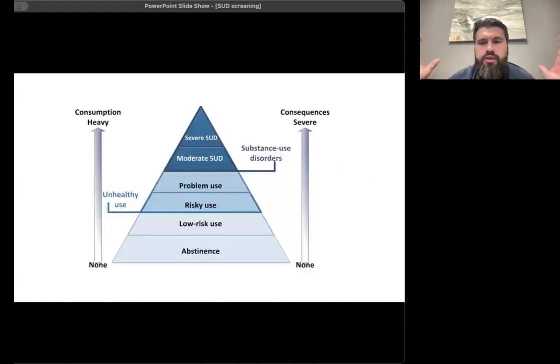When you look across the spectrum of substance use, misuse, substance use disorder, it forms this pyramid, if you will, right? So at the very bottom is where people are not using at all, to the very top where they have a very severe substance use disorder. And then you have a spectrum in between that, usually escalating in severity and consequences and use as it goes up the chain. And really what you're trying to do with these screening tools is identify risky and problem use and even potentially substance use disorders if they screen high enough. But you're trying to find those people where you could potentially intervene on that need, that help that would normally not be identified.